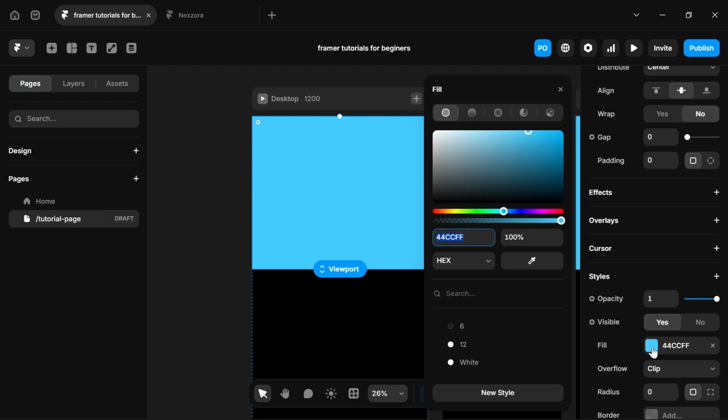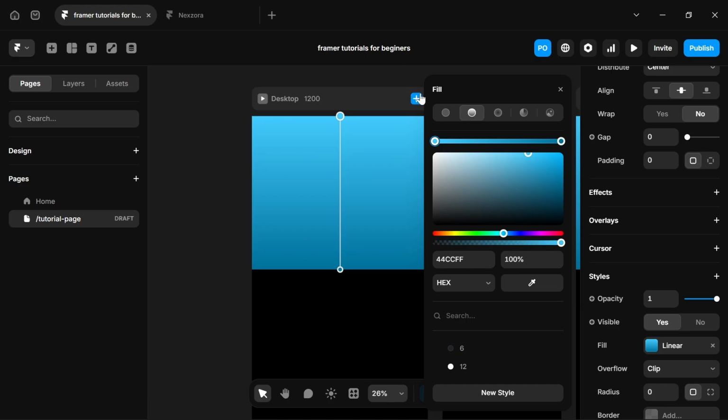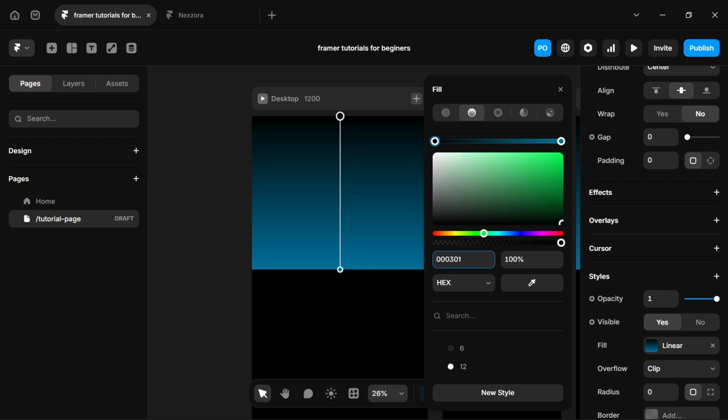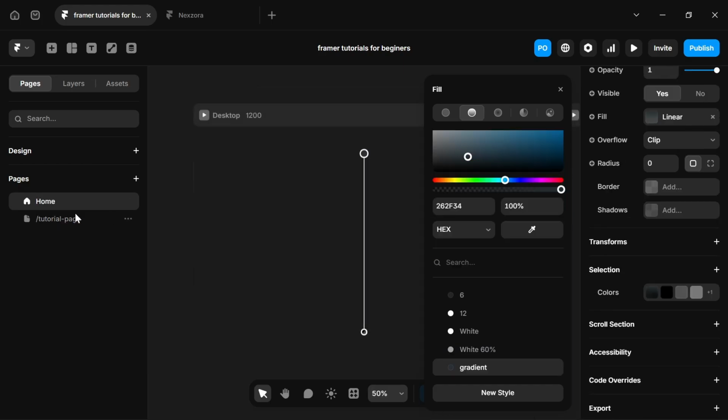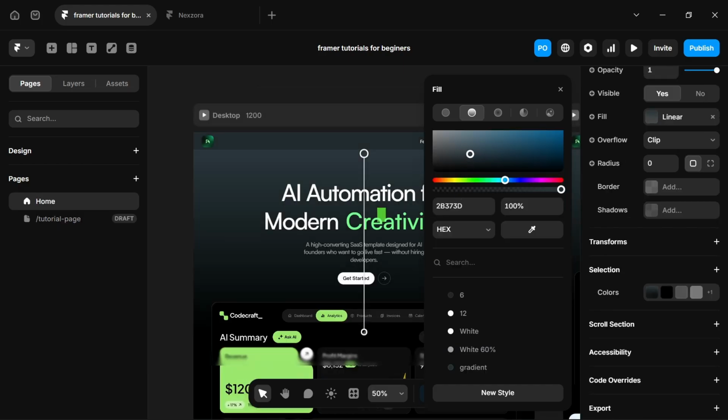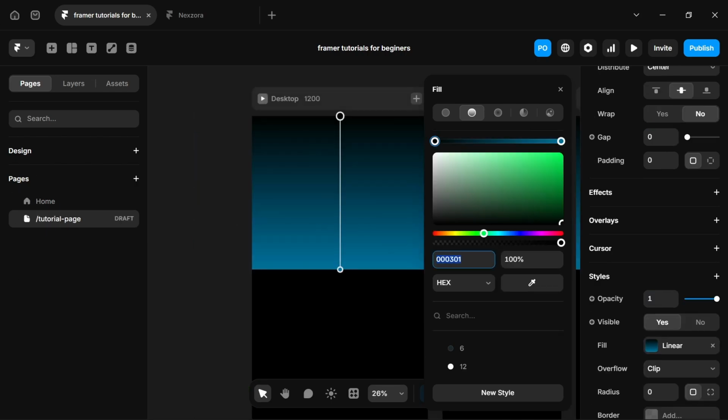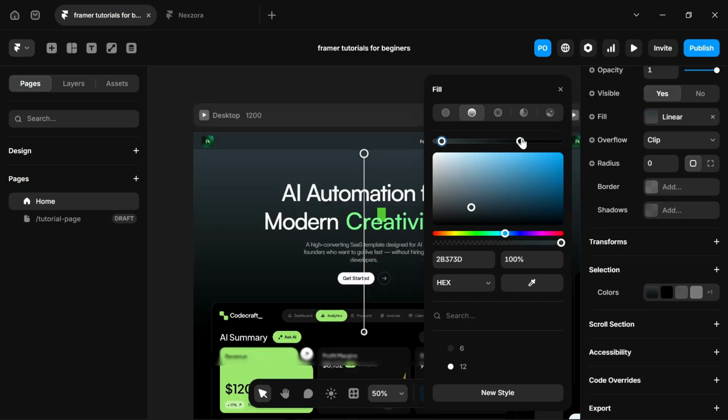We'll be changing the fill color of the hero section. Let's quickly change this to gradient because it's a gradient fill I use on the main design. For the first fill at the top, I've already copied the color code I used, so let me just paste it, Ctrl+V, and enter. Oh, I think I copied the wrong one. So let me just quickly copy this one, Ctrl+C, and back to the tutorial page and paste it here, Ctrl+V. Then for the other one, on the other end, Ctrl+C here and